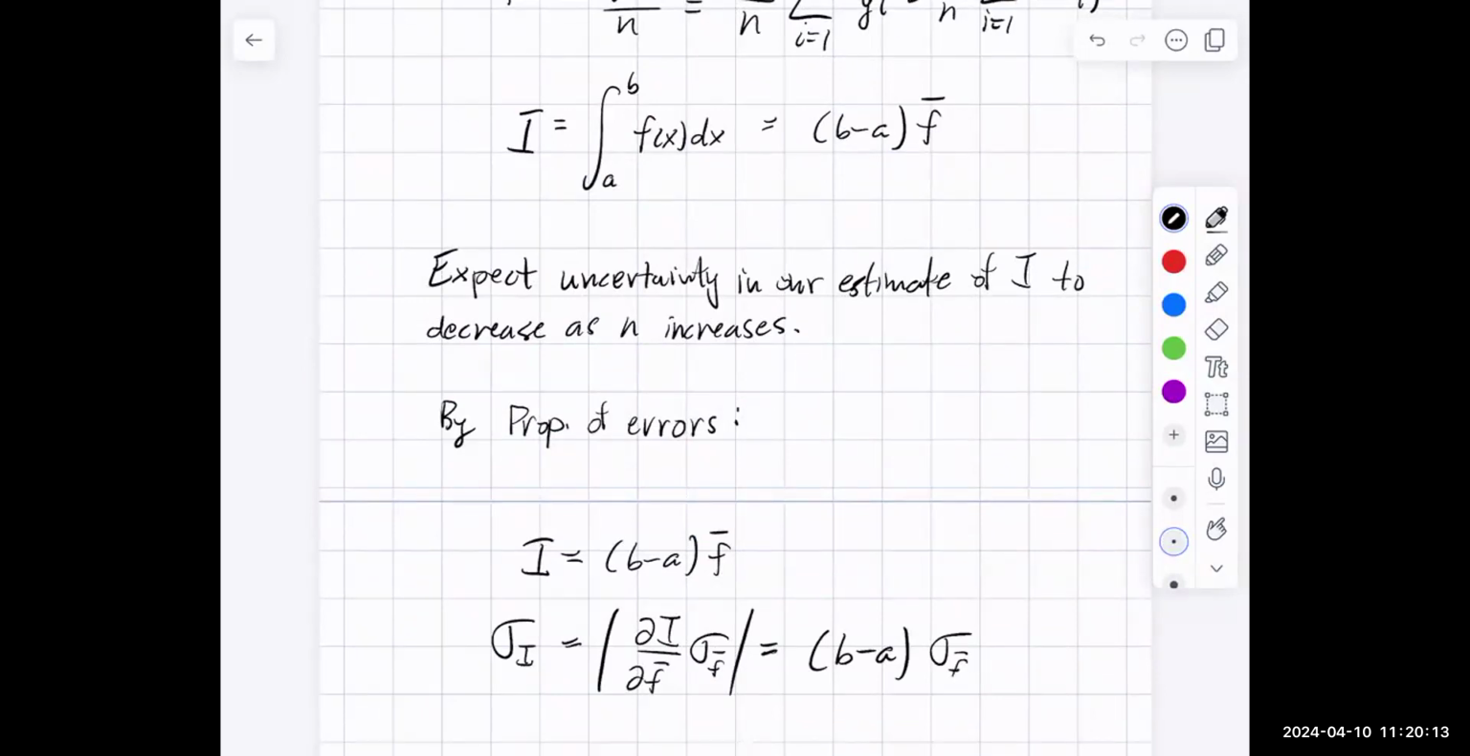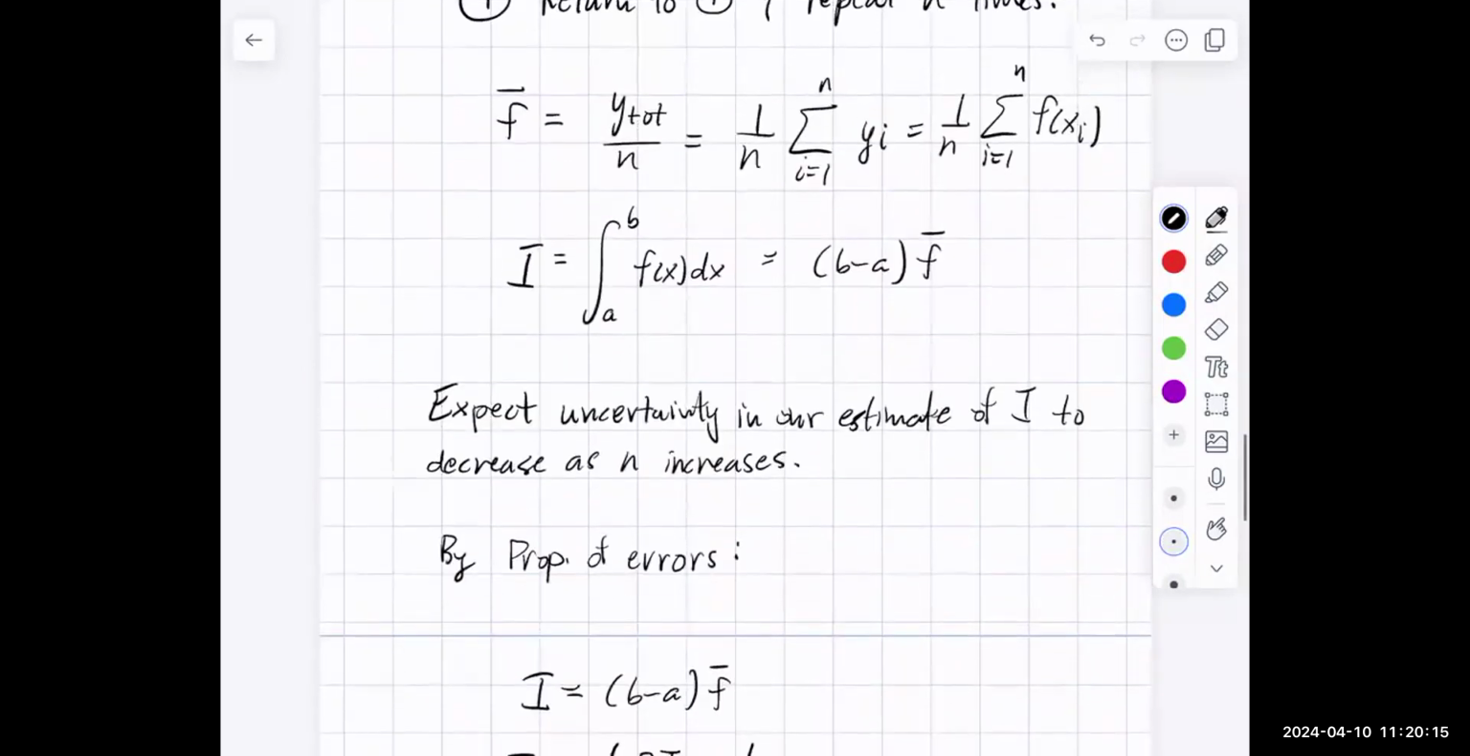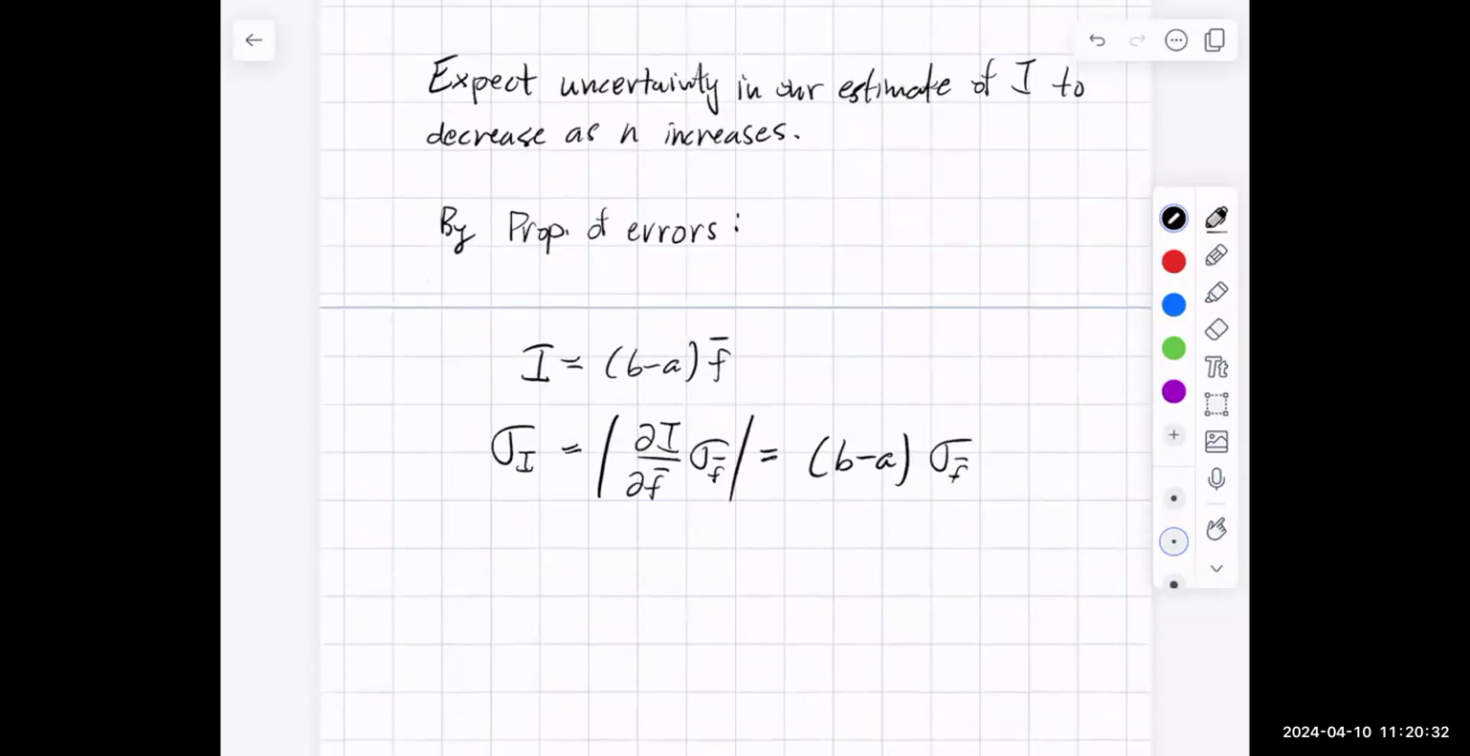This F average was just calculated by summing up all the Y values and dividing by N. But how do you get the uncertainty, I guess, the standard deviation, if you have a big list of numbers? Yeah, that's right. So this sigma F bar, if we wanted the standard deviation,